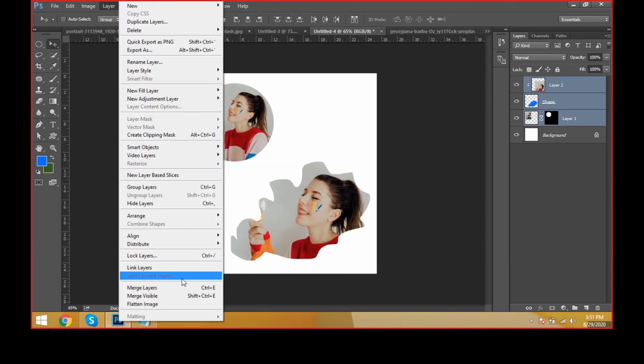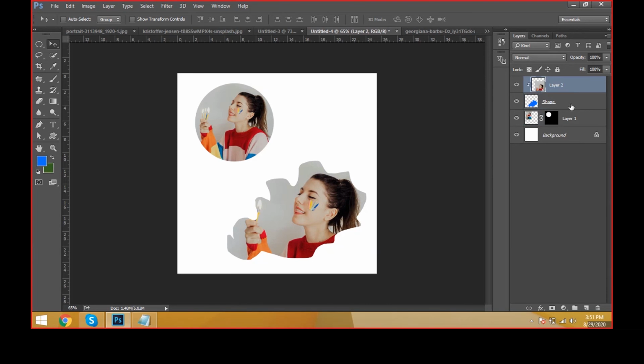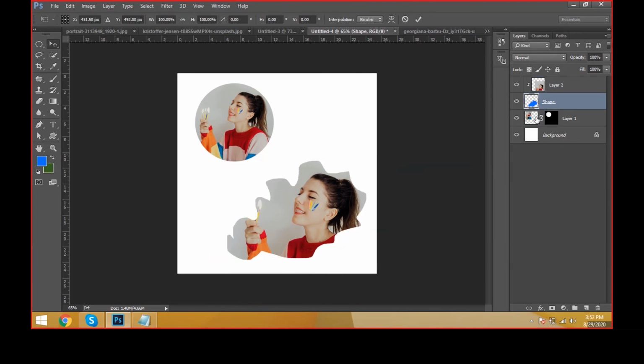Like this we can create objects, shapes and images, and we can merge them, rename them, group them, hide them and arrange them. Everything we can see. And see, now you can select this one and transform, and this one is transforming, and if you select this one here, only the image is transforming.